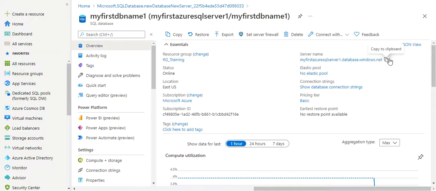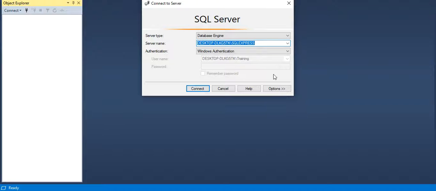Okay, so we have to copy this server name and open your SQL Server, SSMS Studio. Paste that server name here. Select SQL Server authentication. Give the login name as demo, which we have supplied. Password.